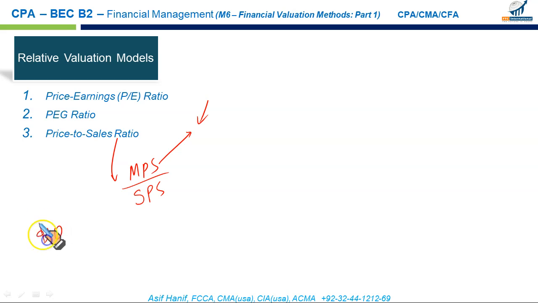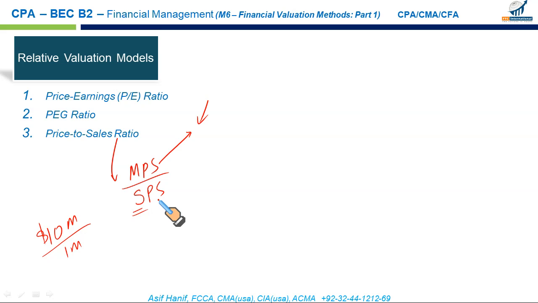Let's say this year's sale is $10 million and there are 1 million shares outstanding. So 10 million by 1 means your sales per share is 10. So this is interesting, dividing your sales by the number of shares. Why would you do that? The reason is that sales is hard to manipulate. You can manipulate your profit by under or over provisioning, by what you call earning smoothing, by providing less depreciation, by charging less bad debt allowances for return. So you can manipulate your earning, but sales are hard to manipulate.